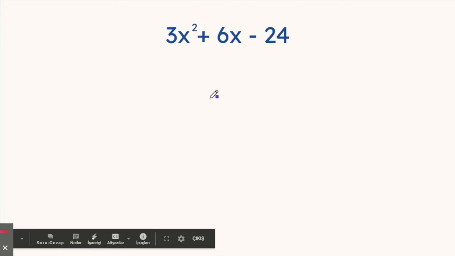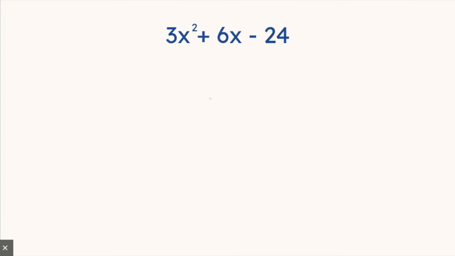Now let's do this example. This is sort of a special case. As you can see, we have 3x squared plus 6x minus 24. Now, we can do it the way we did the previous question, but as you can see, x squared has a coefficient in front of it. In this case, I also see that 6 is divisible by that coefficient, and 24 is also divisible by that coefficient. So I can just take that out